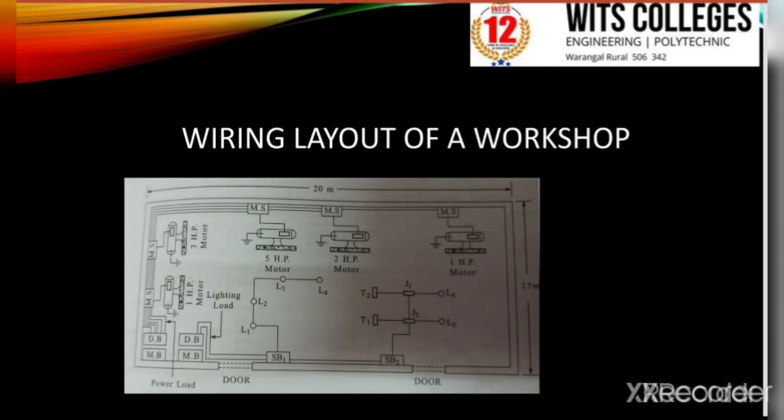Next, coming to the power load. For the power load, the cables can be drawn from the pole to the meter board to the distribution board. For power load we require a 3-phase supply to run the different types of motors. Here we are using 5 motors with different load capabilities, like 1 HP, 3 HP, 2 HP and 5 HP motors. And for each motor we are using a separate motor switch. The number of sub-circuits and the size of the cable for lighting load will depend on the full load current in each sub-circuit.